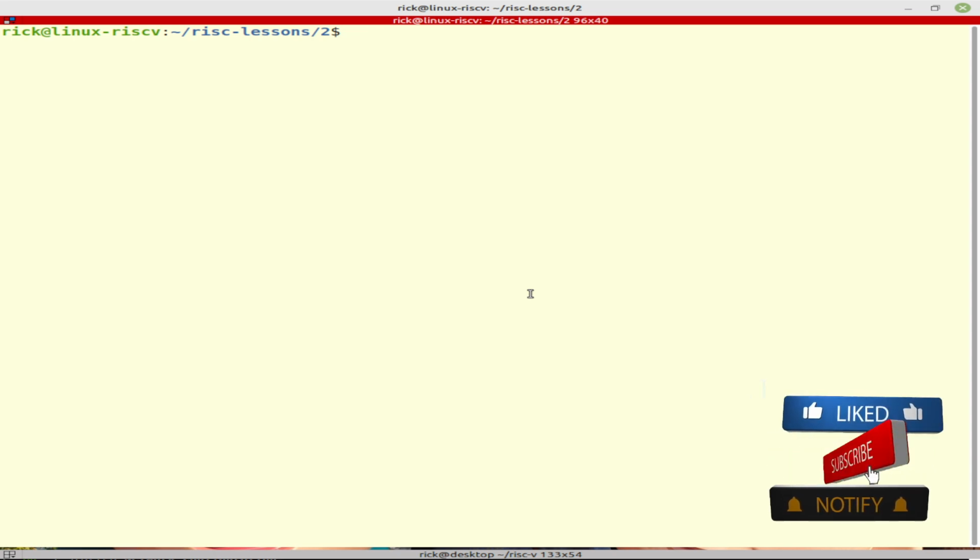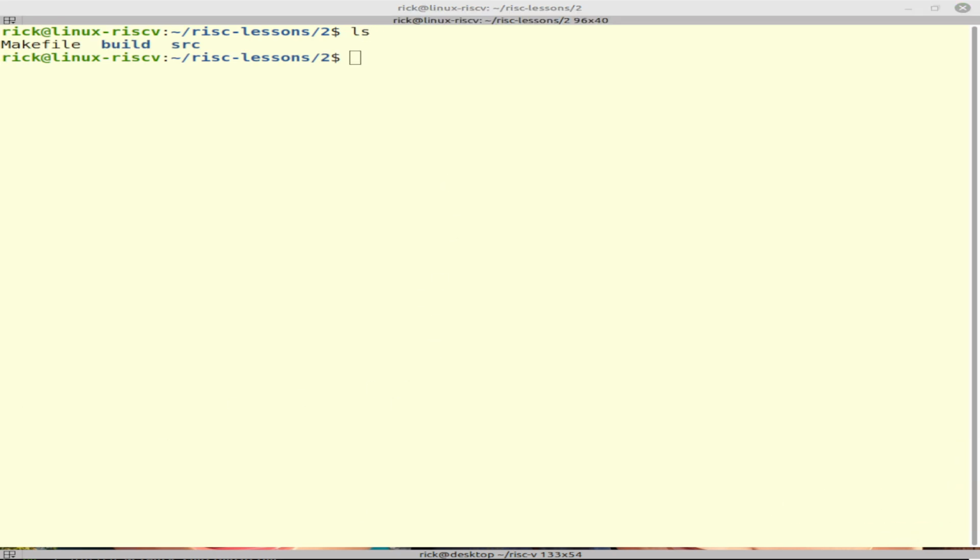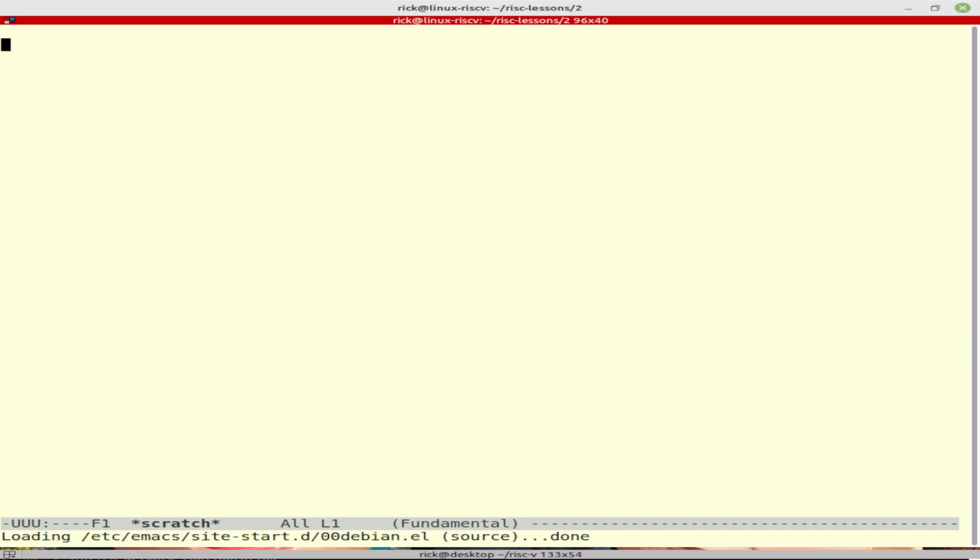So if I show you the directory structure, you can see there's a makefile, the build directory, and the source directory. Now you can see the subdirectories build and source, but the makefile is in the top level directory. So if we look at the makefile,